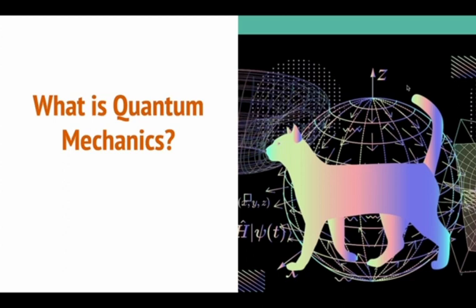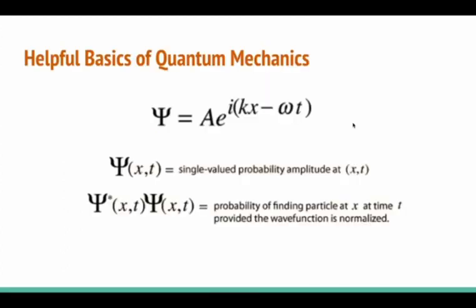One of the fundamentals of quantum mechanics that would be helpful in understanding our concepts of quantum walk is the wave function. The wave function is a complex valued function that describes the states of a particle or system and gives the probability amplitude for the particle to be in a certain state or location. The probability density of finding the particle at a particular location is given by the square of the absolute value of the wave function.